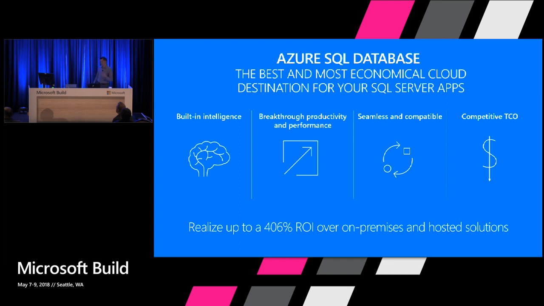But then, besides the core services, there are other capabilities in Azure SQL Database, like built-in intelligence, which can help you reduce effort in optimizing performance and security, right? And then some other things like productivity and performance. Examples are the ability to scale up, scale down your databases and instances. Use the in-memory OLTP technology for the most demanding applications and stuff like that.